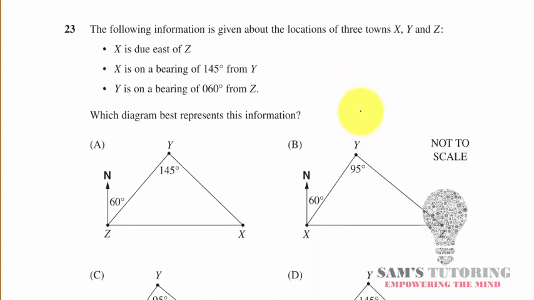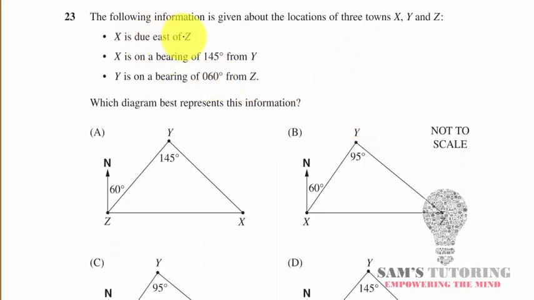Bearings. The following information is given about the locations of 3 towns, X, Y, and Z. X is due east of Z. So that means, if I was not to look at these diagrams for a second, if X is due east of Z, that means